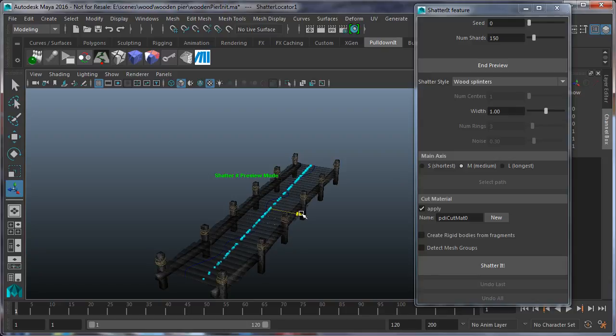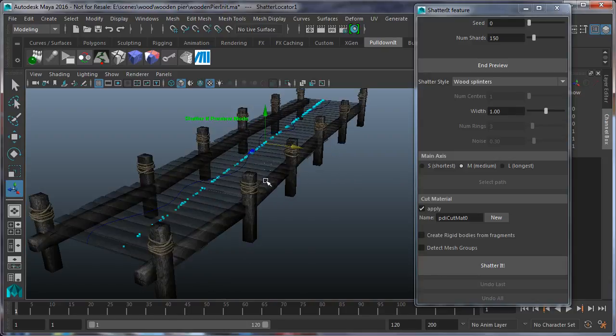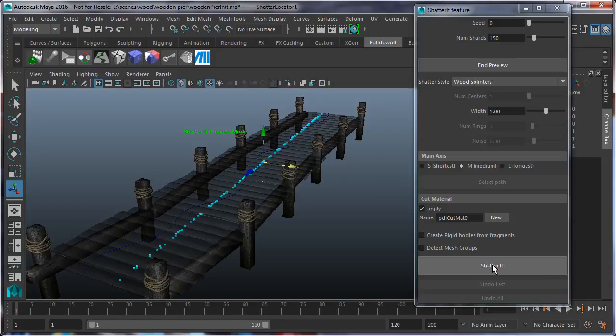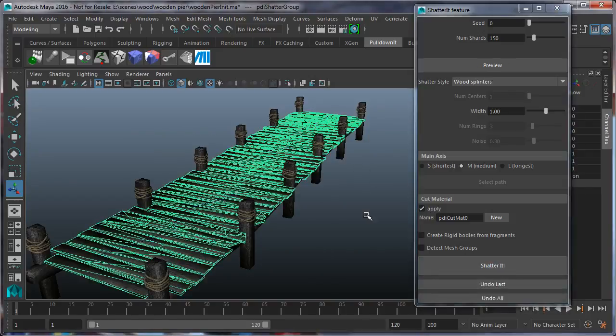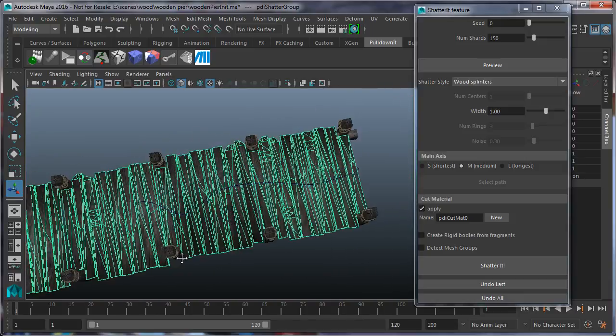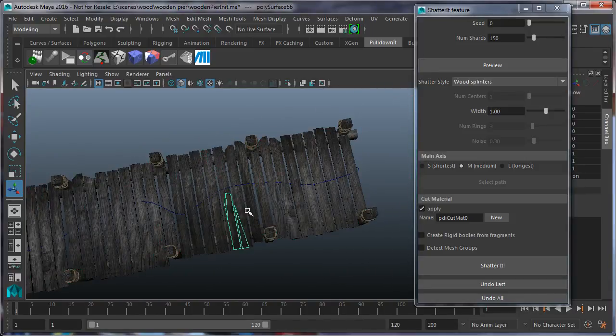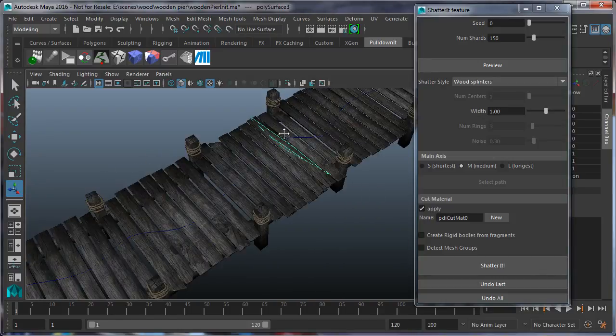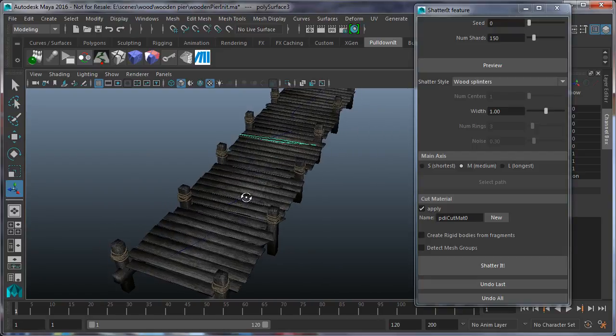move it to modify where the fragments are going to be created. So let's shatter it. Now all fragments look nice as wood splinters. Okay, and we can refine, create more of them in some areas to increase the